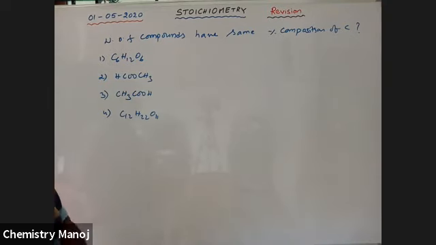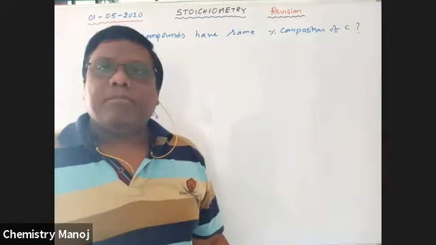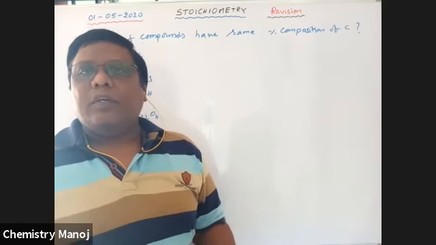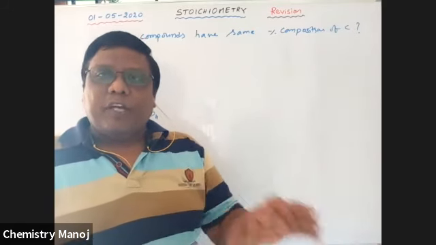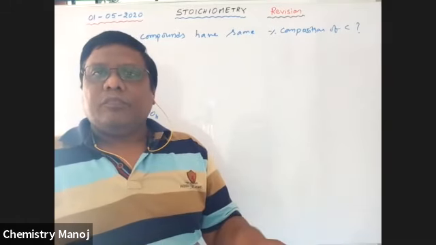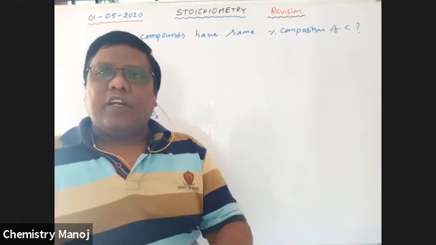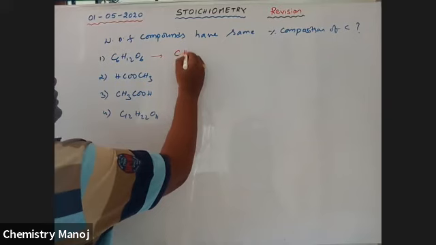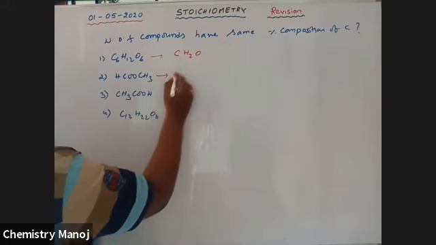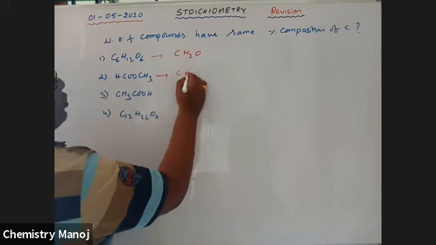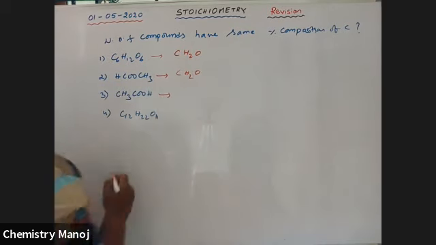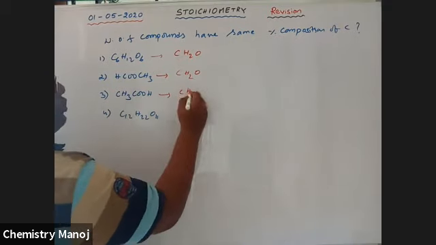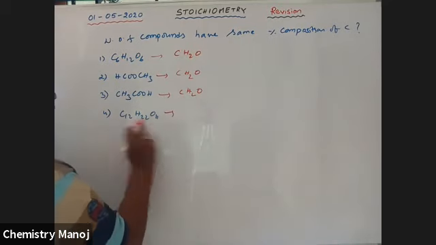So based on which topic? Empirical formula. Molecules having the same empirical formula have the same percentage composition. If the empirical formula of the compounds is the same, then the percentage composition of each and every element is also the same. Here the empirical formula is CH2O. Here it is 2 carbons, 4 hydrogens, 2 oxygens; cancel the 2, empirical formula is CH2O. Here 2 carbons, 4 hydrogens, 2 oxygens, cancel the 2 again.